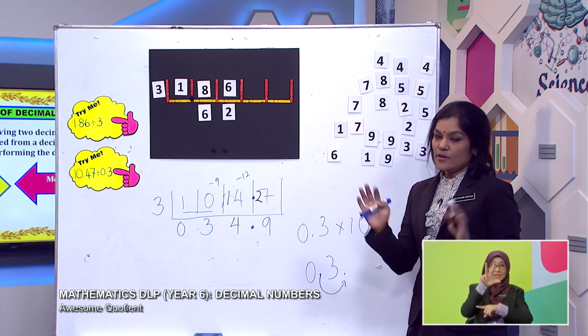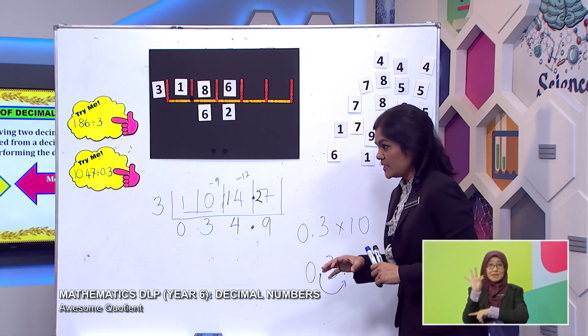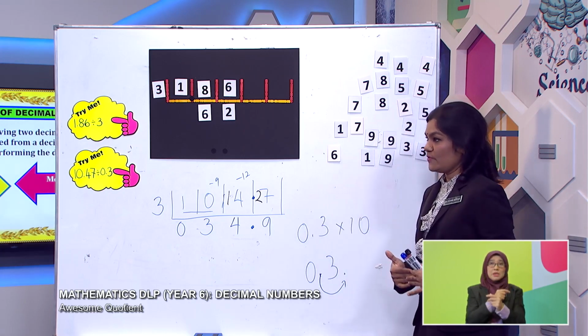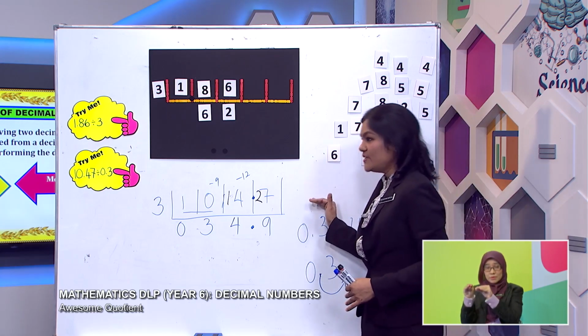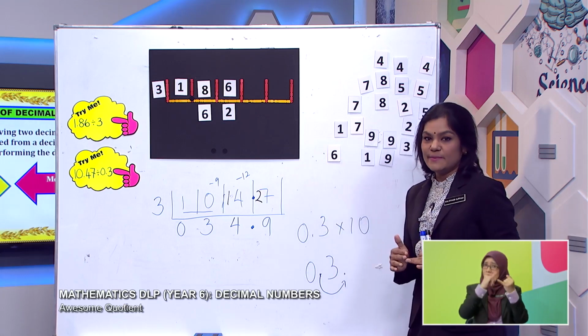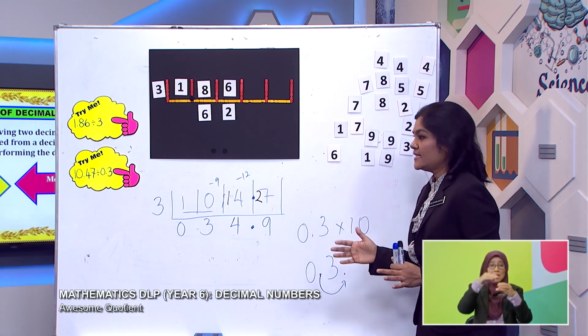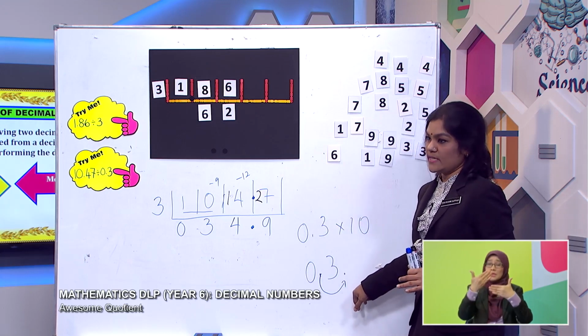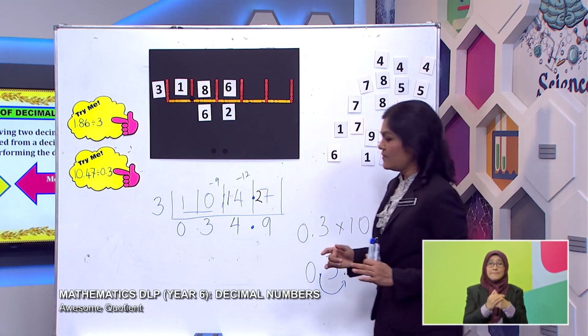I recall again, in multiplication, you only have to move the decimal at the end of the process. But in division, you have to move the decimal earlier. Where is it? At the divisor. You move it earlier at the divisor. Shall we try another one with the box method?